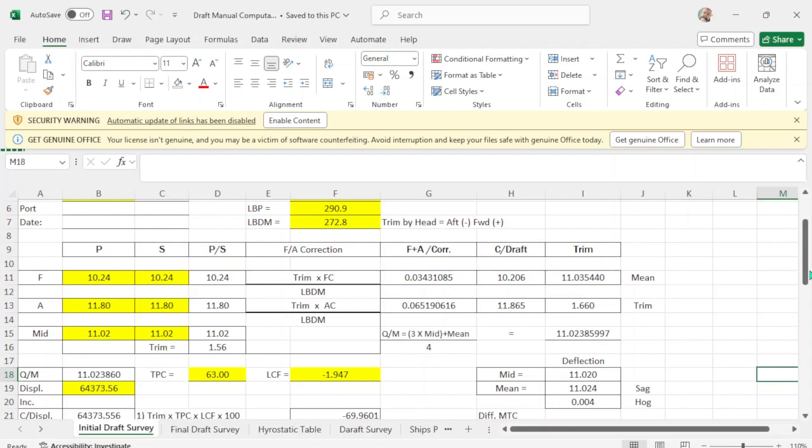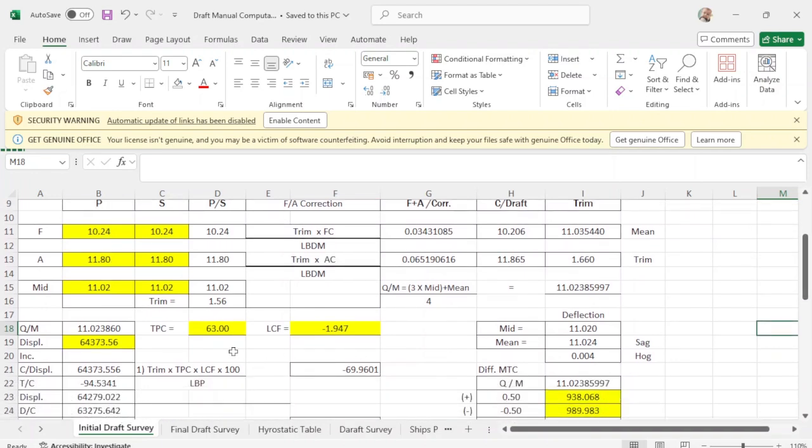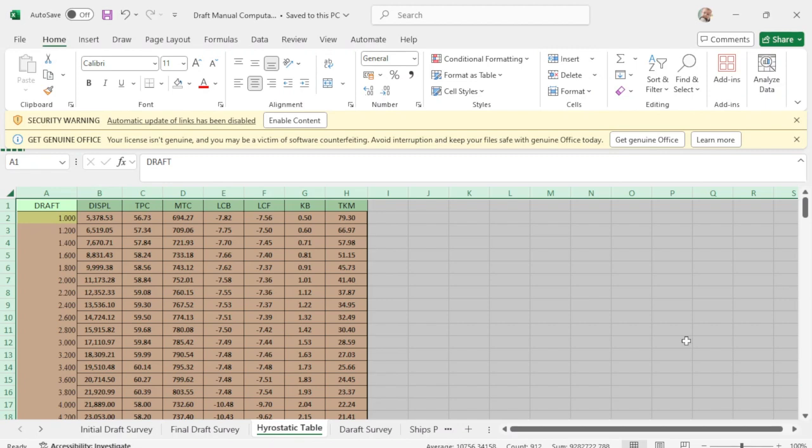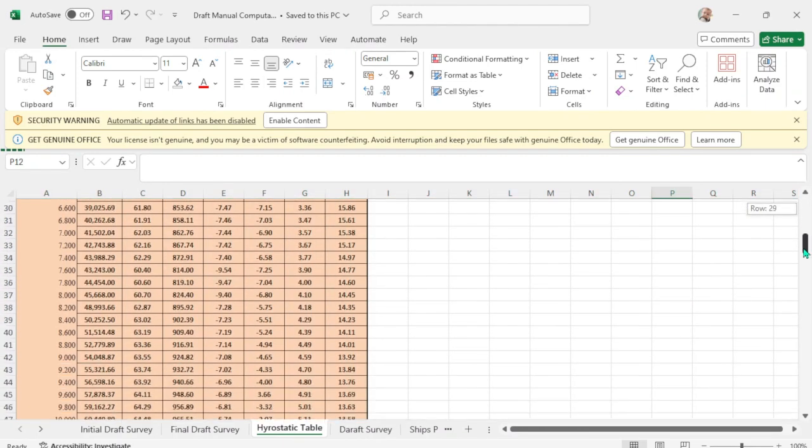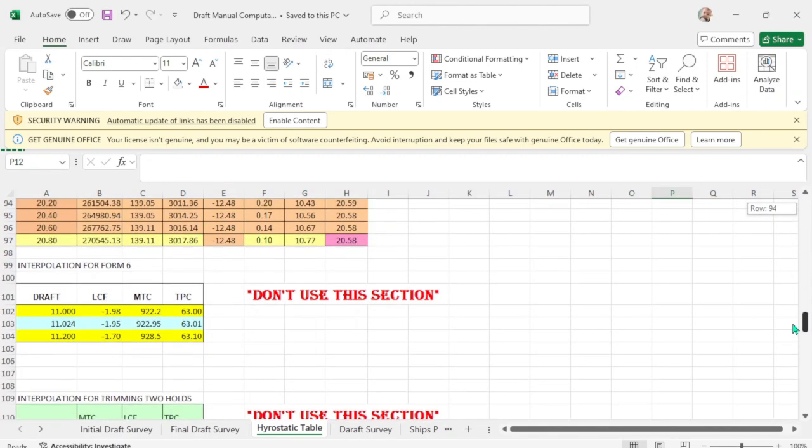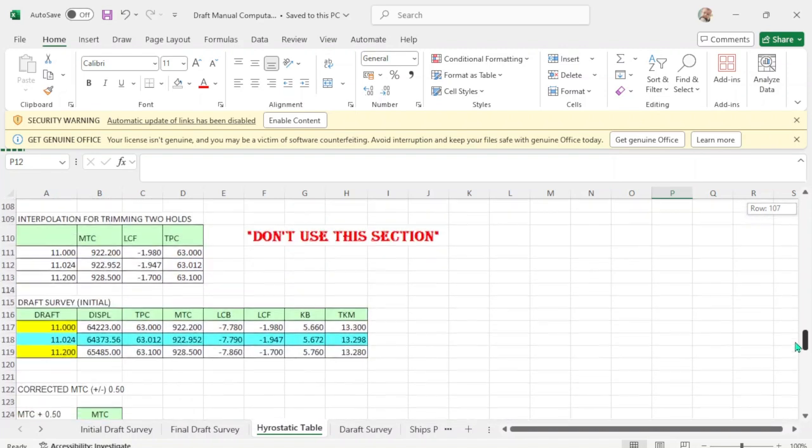Once you get your quarter mean, you have to take out your density and your TPC and your LCF. So from this draft of 11.02, you check your hydrostatic table. And that will be your initial draft survey, 11.024.